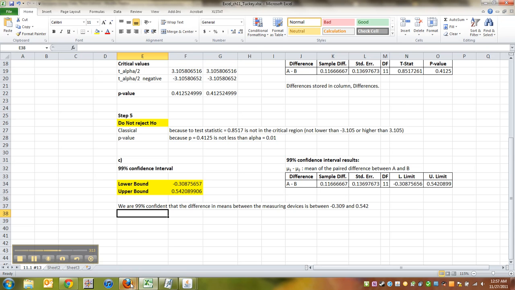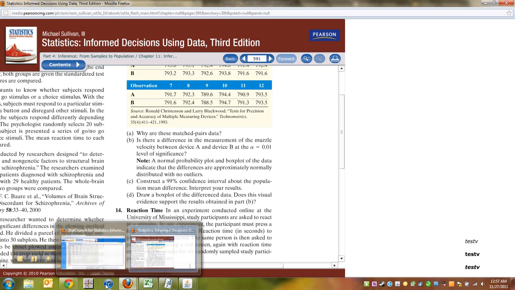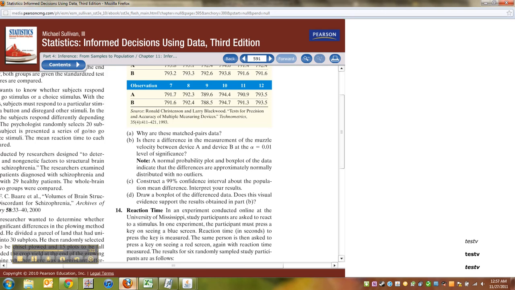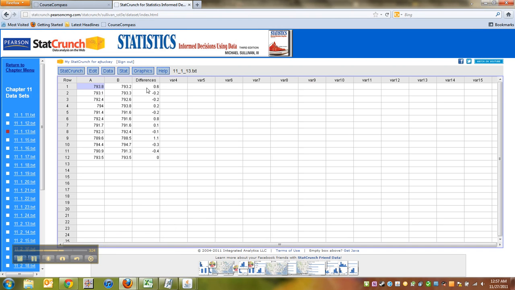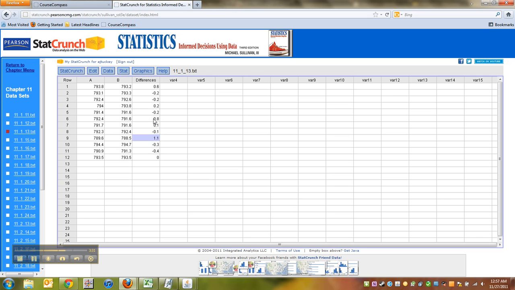All right, then for part D, they said to draw a box plot of the difference data. Well, the only way to draw a box plot that we have available to us is StatCrunch. This is why it's so good we have the differences already located. So you can go to graphics and you can choose box plot. And we want to choose it of